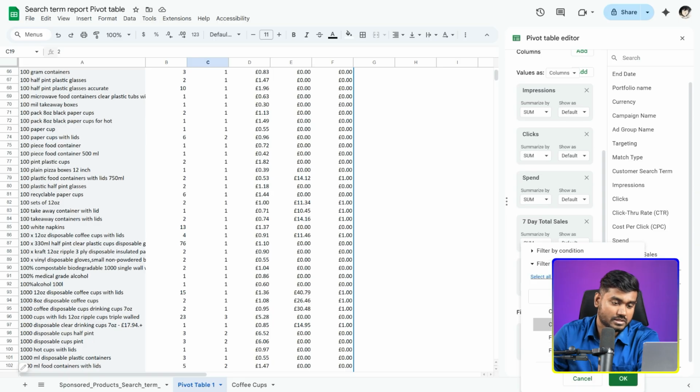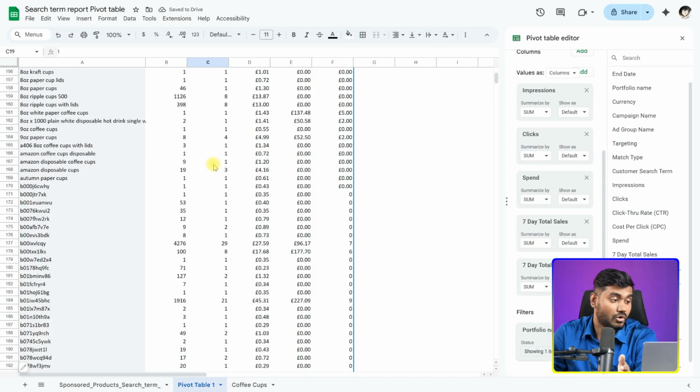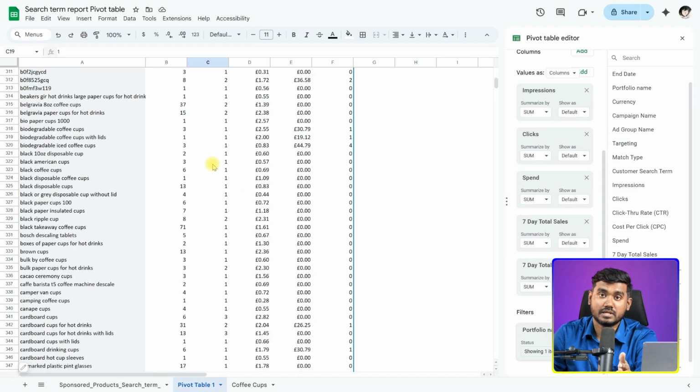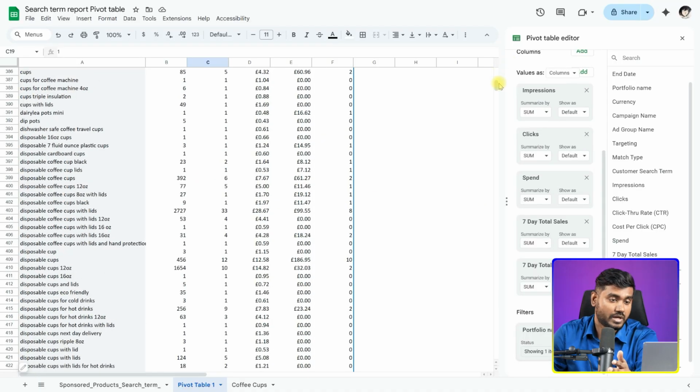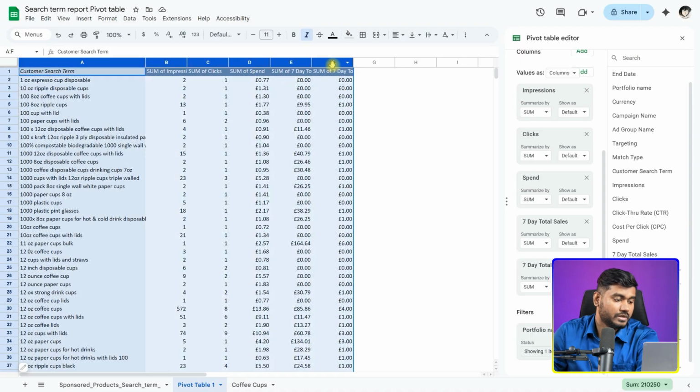So here I can select just one of my products that I want to check and optimize today. For example, I will click coffee cups, and I will select the coffee cup, and right now there are only coffee cup related campaigns that I have in my Amazon ads. Those data will be shown here, and this is very simple and easy for me to optimize right now. Now you need to copy this whole data,